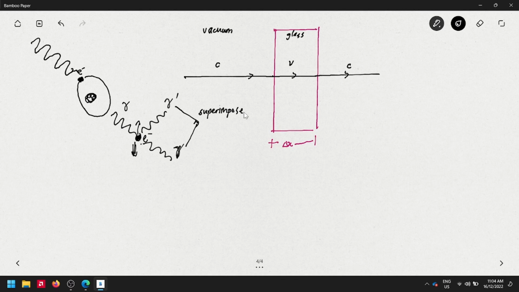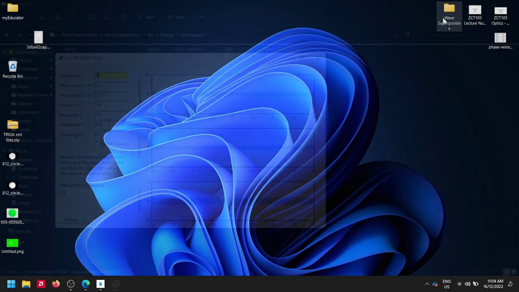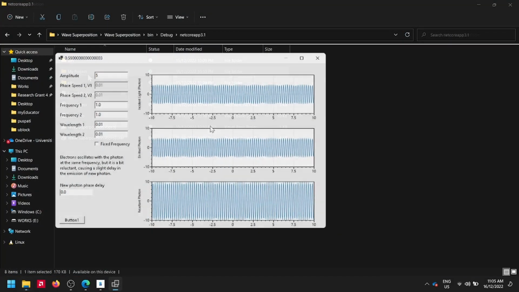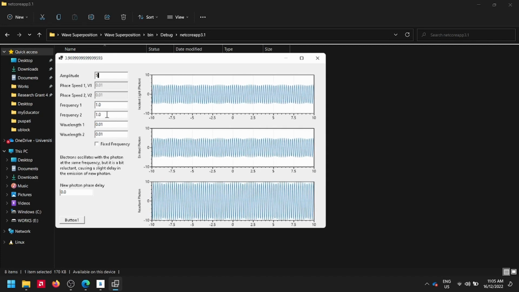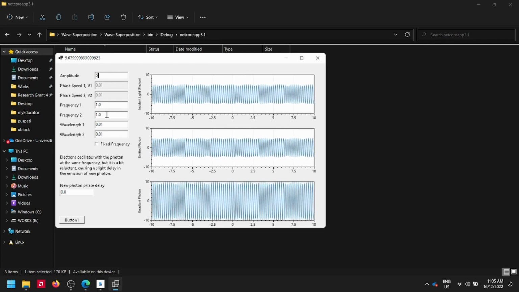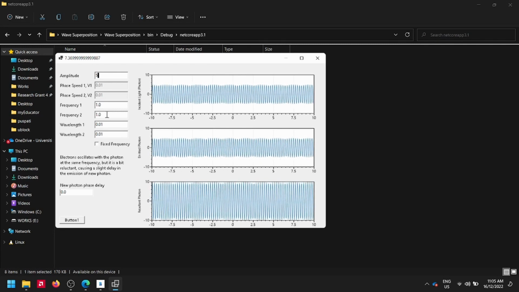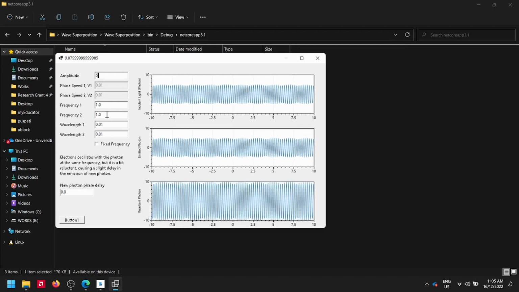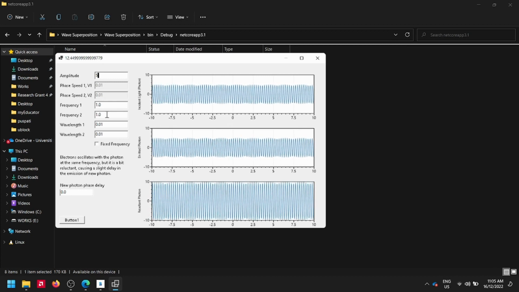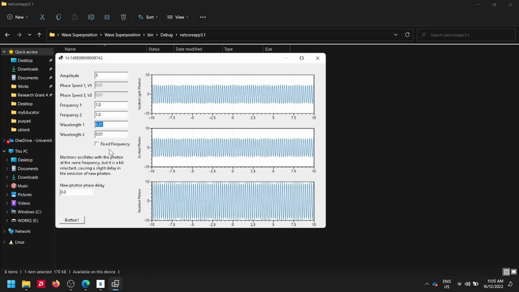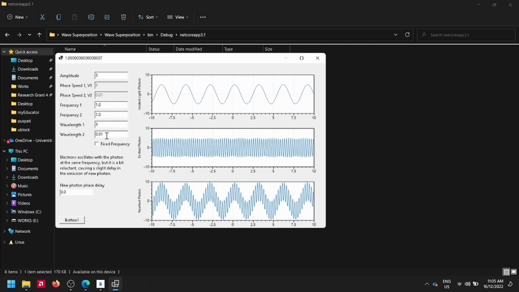I can show you an example of what happens when light superimposes. Superimpose means you add the two waves together. I can show you the example here. Let's say 5. And then I'm fixing the frequency, because the frequency of the new photon is basically the same as the frequency of the incident light. This is because of the force-driven oscillation, which you have learned under Dr. Dian. Later I'll show you. So for example, if I change the wavelength to 3,